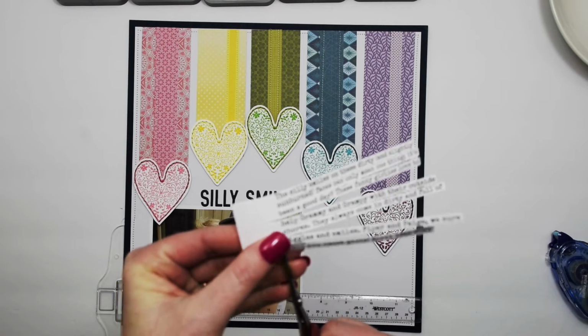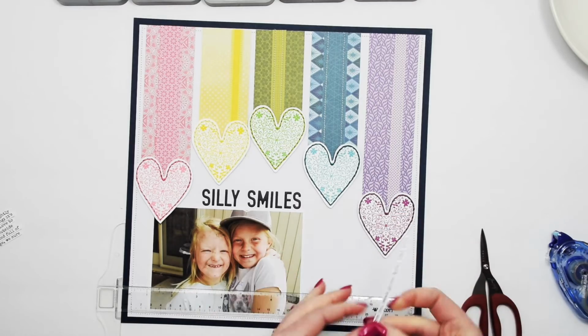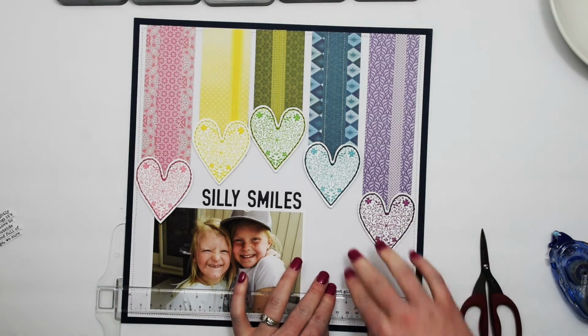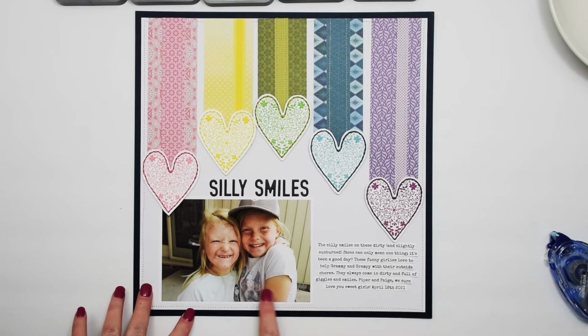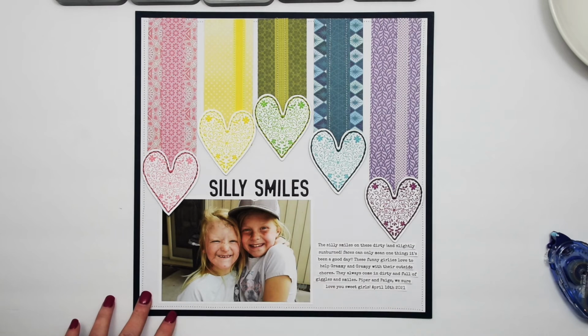And then I cut each strip apart. Whoops. I cut each strip apart and use my T-square ruler to put everything in place. Okay, so now that I have my photo and title and journaling in place, and I've got my hearts in